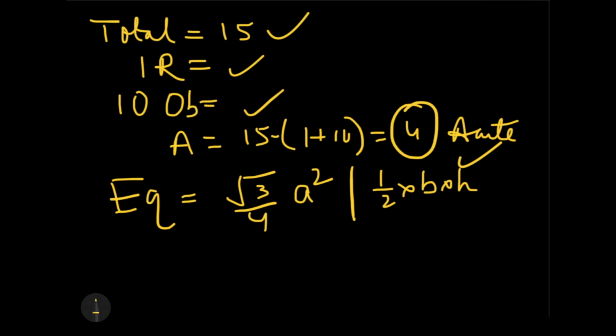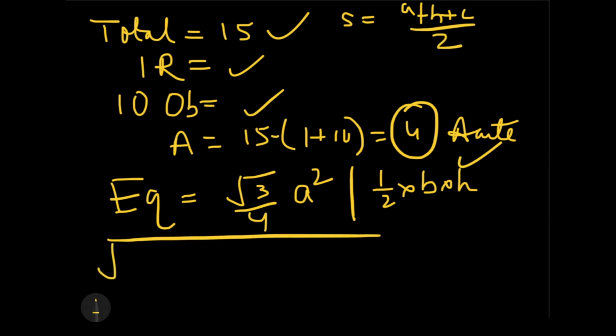And if we know the semi perimeter, you guys know semi perimeter is a plus b plus c by 2. So if you know the semi perimeter, then you can calculate the area as s into s minus a into s minus b. This is minus, not multiplication, and s minus c. Okay, we never use this. Like it has been a rarest case I have ever used this in an examination.